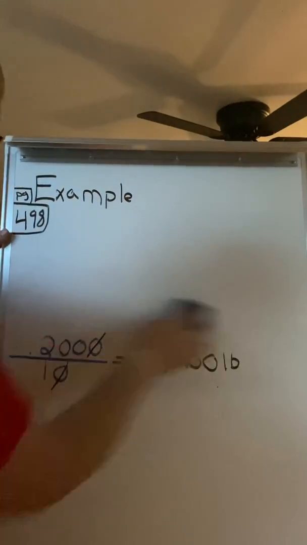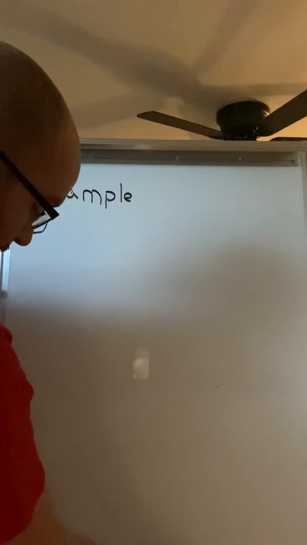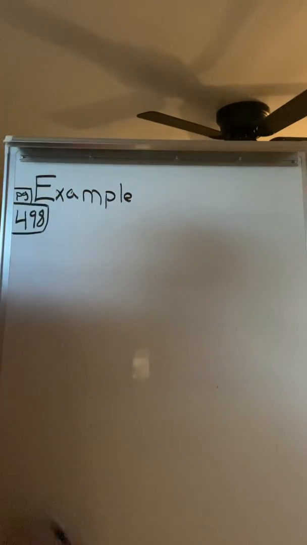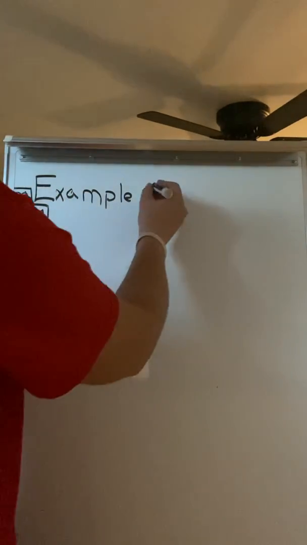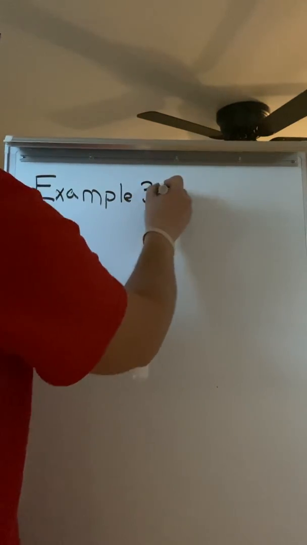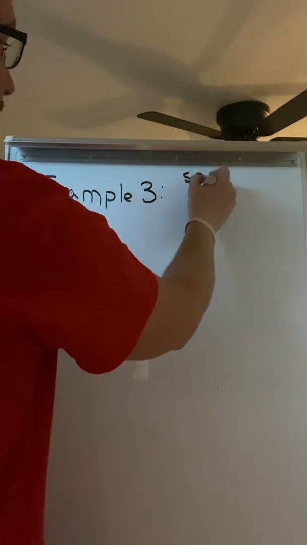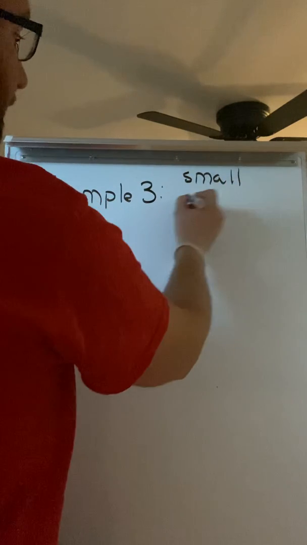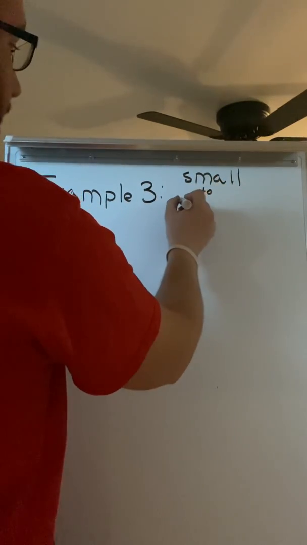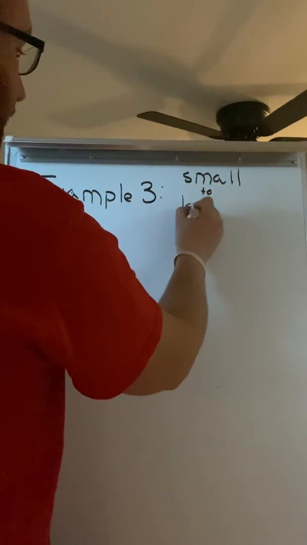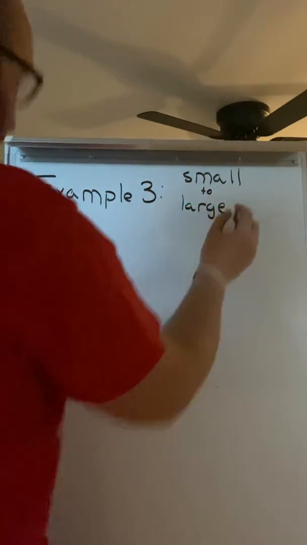And just like the last 2 lessons, example number 3, we're going to be going from a small unit to a large unit. So that means we're going to be dividing. So for these next 2 examples, we will be using division. So example number 3,